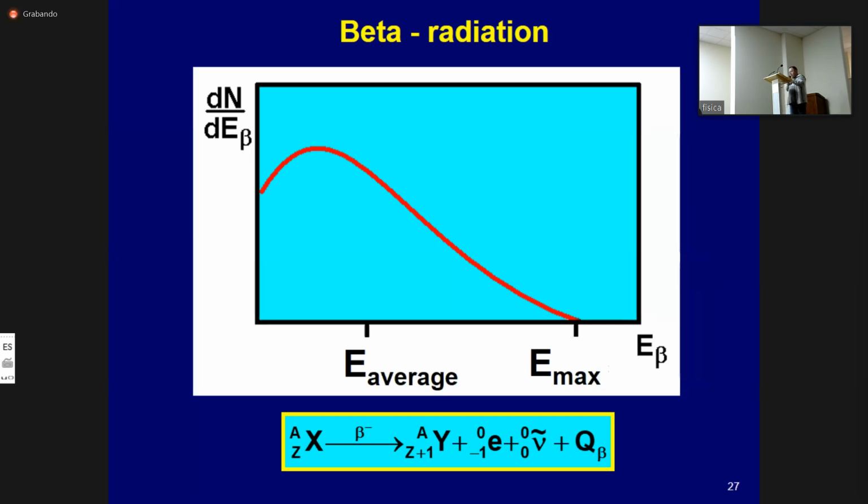The sign minus or plus is used to emphasize the type of decay. Quantitative characteristics of the beta spectrum are the maximum energy, E max, and the average energy. The average energy of beta particles is equal to about 1/3 of the maximum. The minimum energy of beta particles is 0. The mechanism of beta decay limits the energy of beta radiation to about 4 MeV, the maximum energy of the beta spectrum.